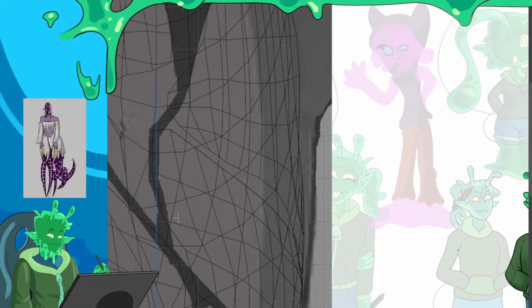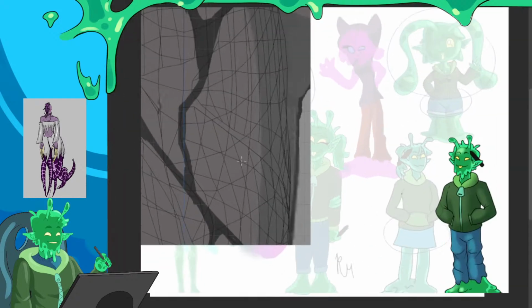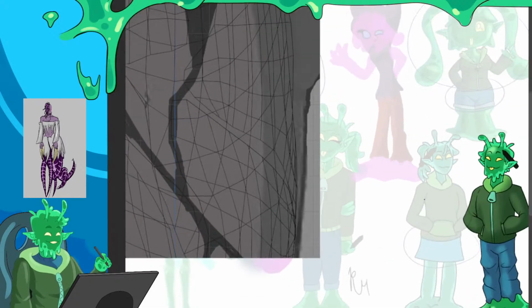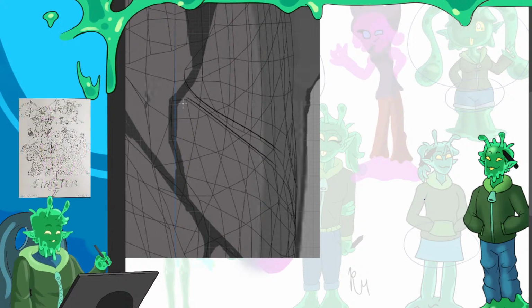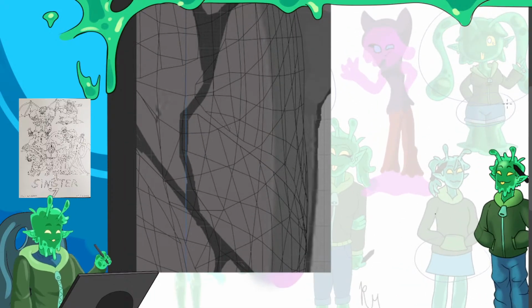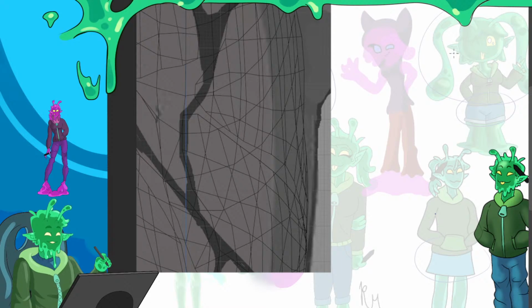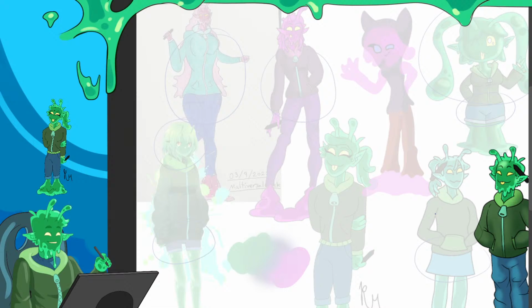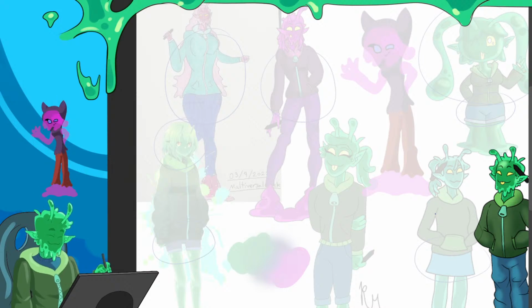I'm gonna cry. This design makes no sense. I think the line is actually not the lower one. Is it not? I don't know. Again, the model sheet that I made is far from perfect. What I mean by that is it is as perfect as I could make it, but it is not great. I'm gonna just redo the back view because none of the back lines up with the rest.